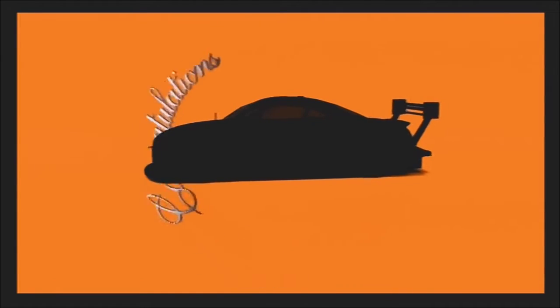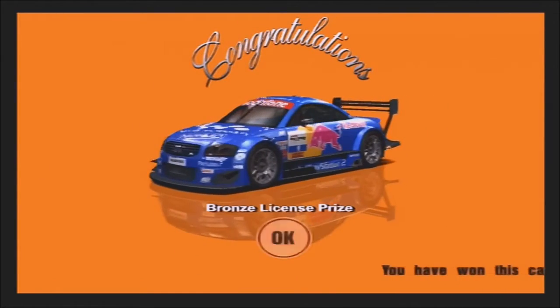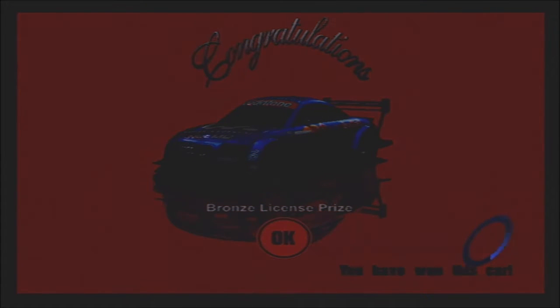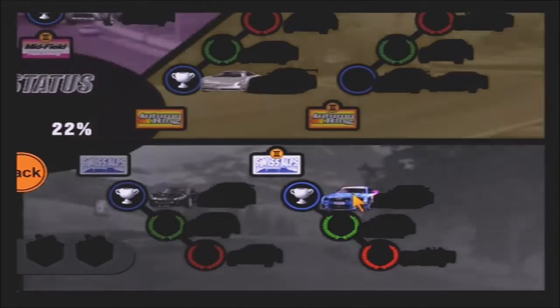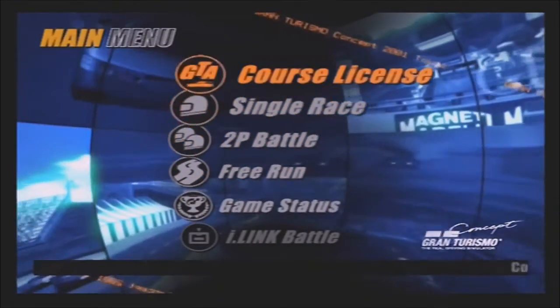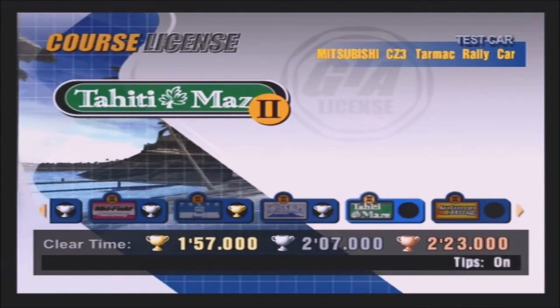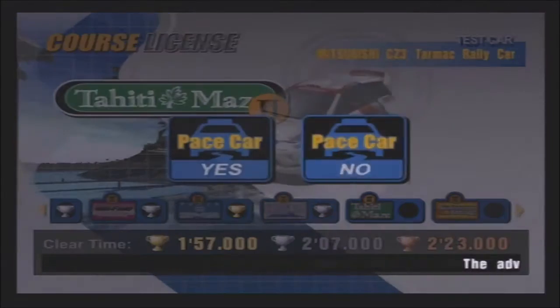We are going to be getting an Audi TT-R, the same one we used at Midfield by the looks of it. It is indeed the Audi TT-R that we had at Midfield Raceway, with the Walkman stickers on it as well, surprisingly enough. Do you remember Walkmans? I don't. Either way, let's head back to the course licenses, because next up we are going to be taking on Tahiti Maze 2 in a Mitsubishi